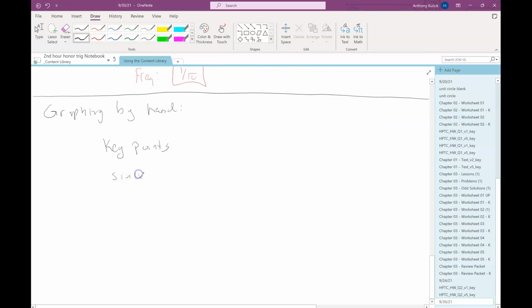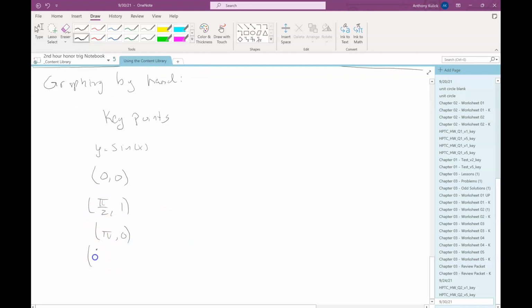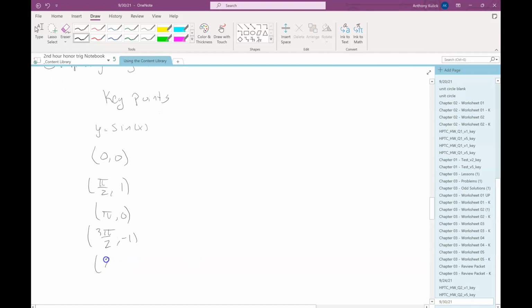So for sine, those key points are, and for cosine, those key points are